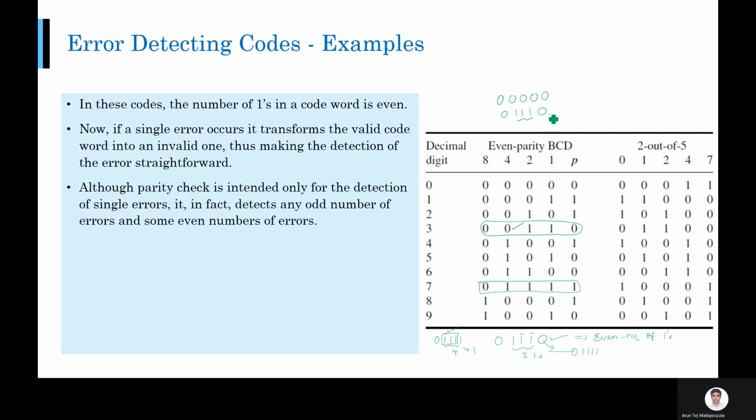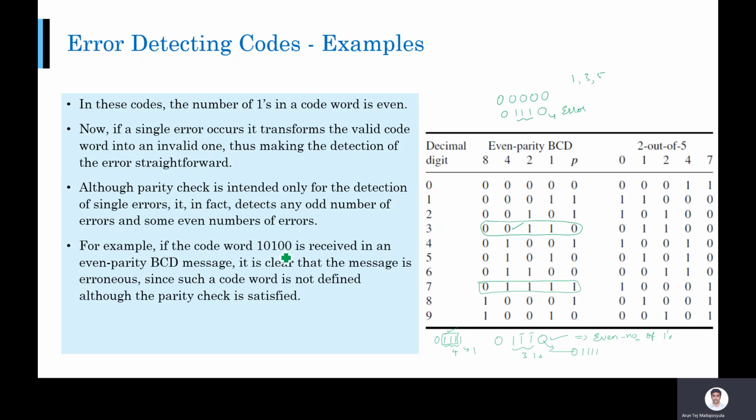Obviously you have a parity bit of 0, which indicates that it should be even parity if there is no error, but you are getting three 1s, an odd number. So clearly there is an error. Okay, you can detect it. In that way, you can detect 1 or 3 or 5. Any odd number of errors can be detected by this kind of method.